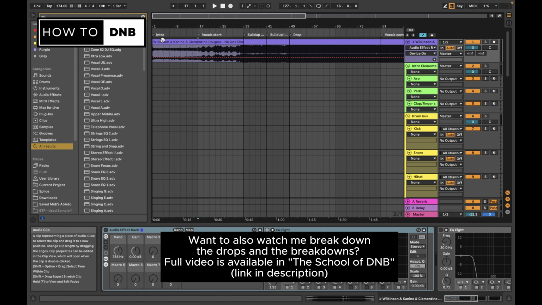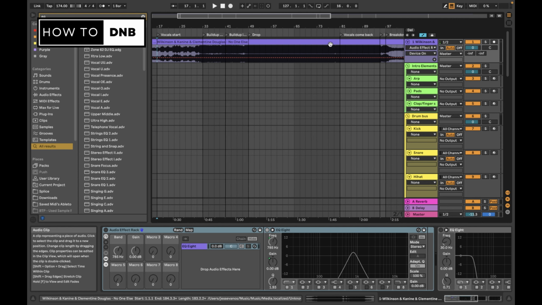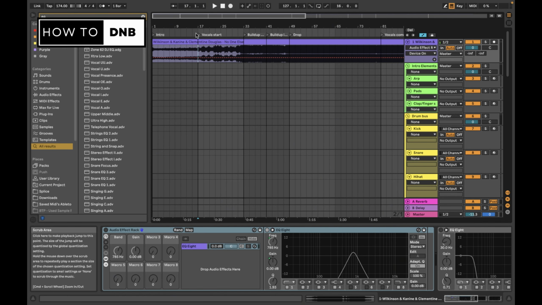Oh, and by the way, I've already denominated what the different parts of the song are. If you don't know how to do this, this is definitely a very convenient little trick. In Ableton, and probably in any other DAW, you can right-click somewhere on the timeline and insert a locator. If I do it here, it'll just say delete, but if I put it on an empty spot, it says add locator. And I can just denominate what is going on here. So I'm just going to type test, and I can also move this if I want to, but it's just going to give me a little bit more direction, right? A little bit more of a roadmap to where the song is going.